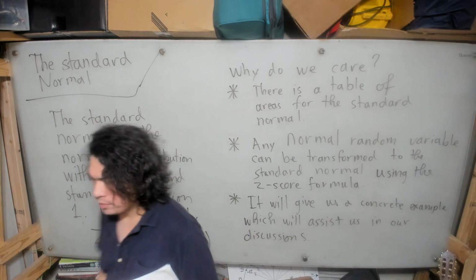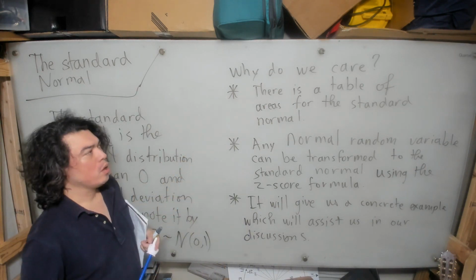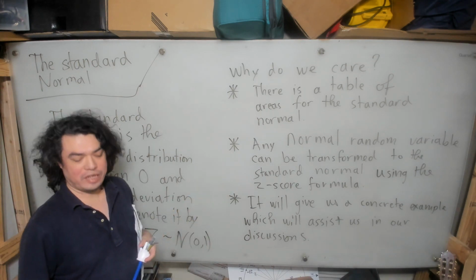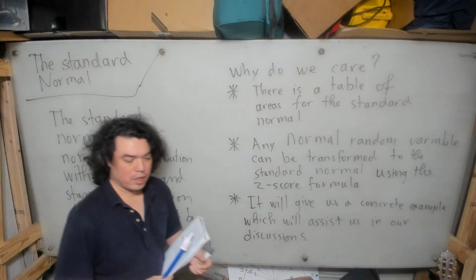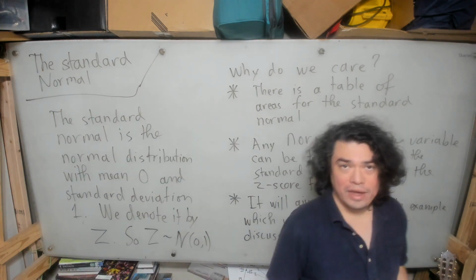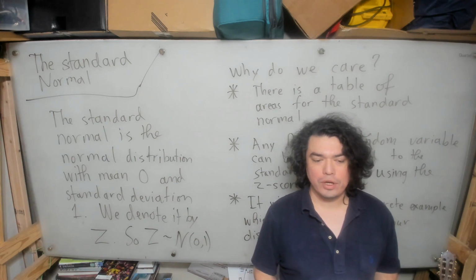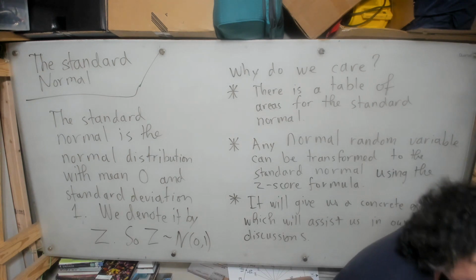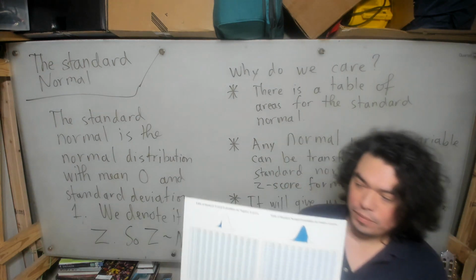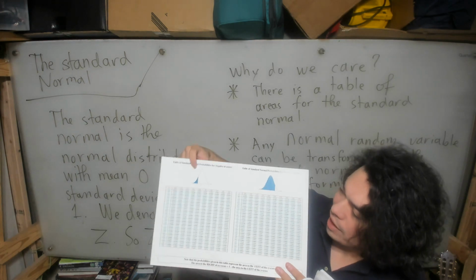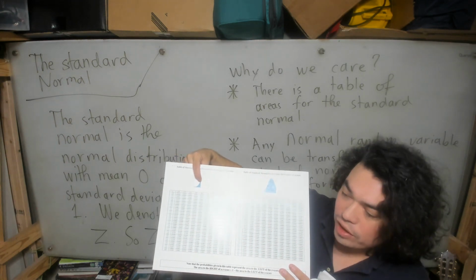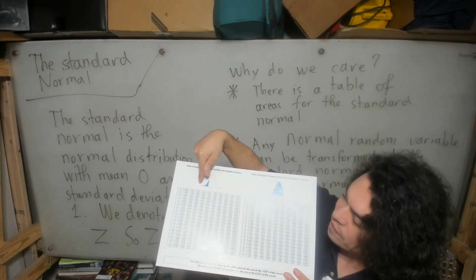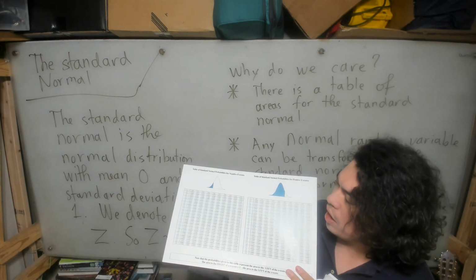Now, why do we care? Well, one of the reasons we care is that we have a table of areas for the standard normal. In the past, you used to only have access to tables, and you would have to do calculations by hand. And I have a table right here, for example. What it allows you to do is look at a normal, and calculate the area underneath the curve to the left of a particular z value, which will allow us to